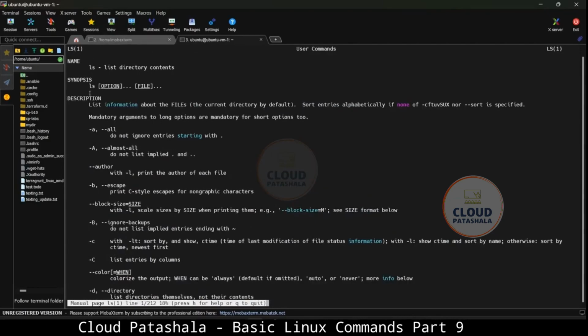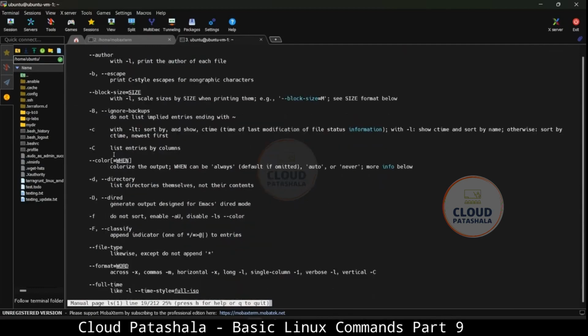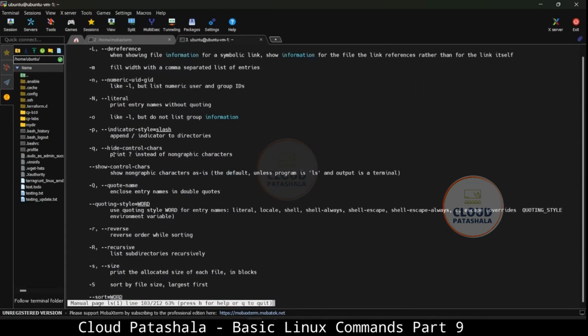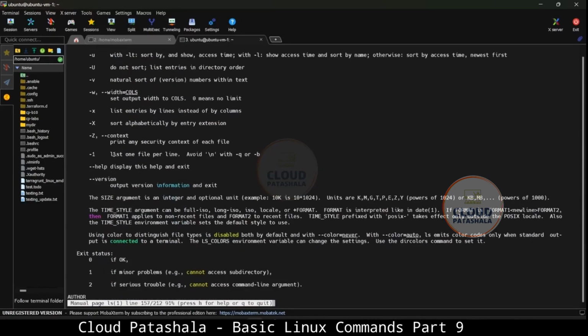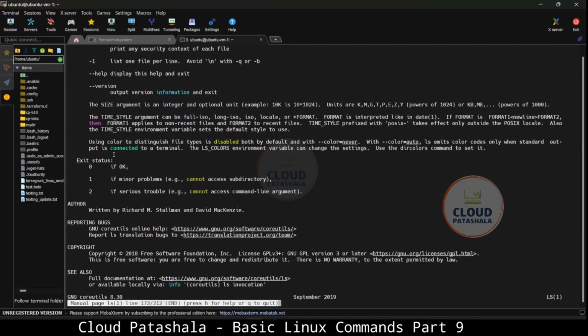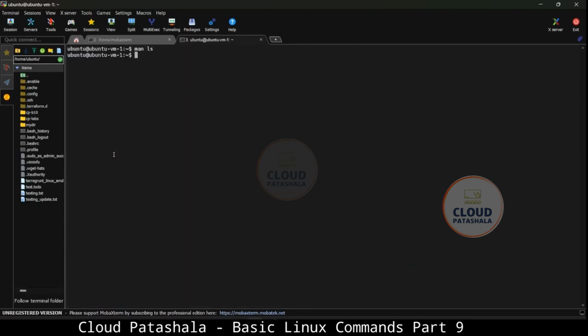This is the name. It gives us a synopsis, then gives us a detailed description of all the flags that are possible in the ls command. After a detailed description of all the flags and the options that are available, we would then look at the author, reporting bugs, copyrights, and other information like this. If you have to come out of this, you have to type q and you would be out